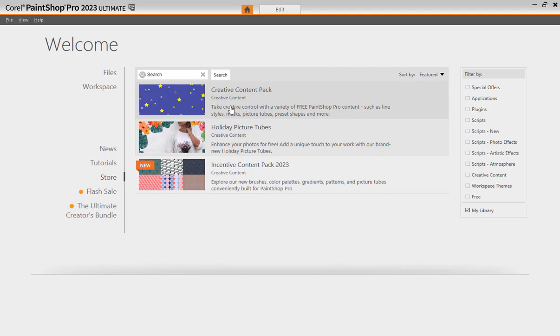There's creative content here. And if you are using 2023, one thing I have no idea why they started that, they have the incentive content pack. That's basically just another creative content pack, and it's free. And I think it's only for 2023. So if you go into